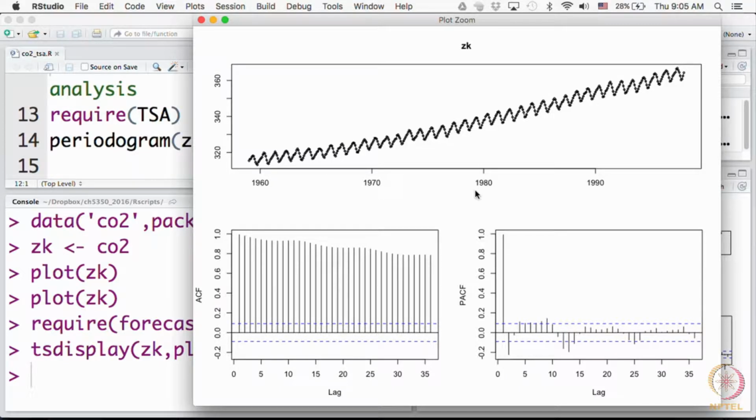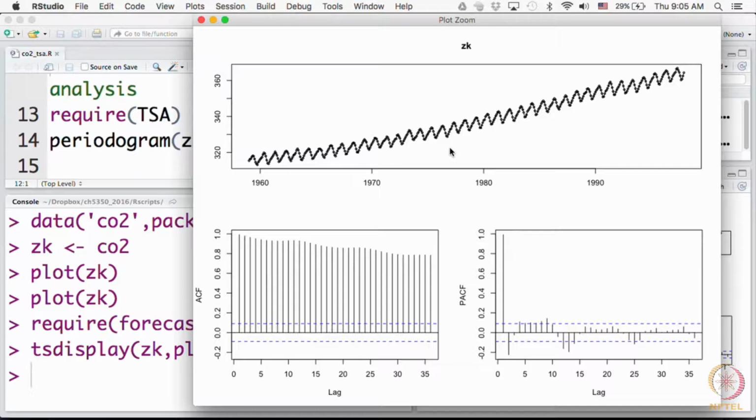But just looking at the slow decay of the ACF without looking at the series will probably compel you to believe that there is an integrating effect, because we have talked about this: when you have integrating effects, one way to check is to look at the ACF. But the series clearly says there is a trend, so you can rule out the integrating effect for now.